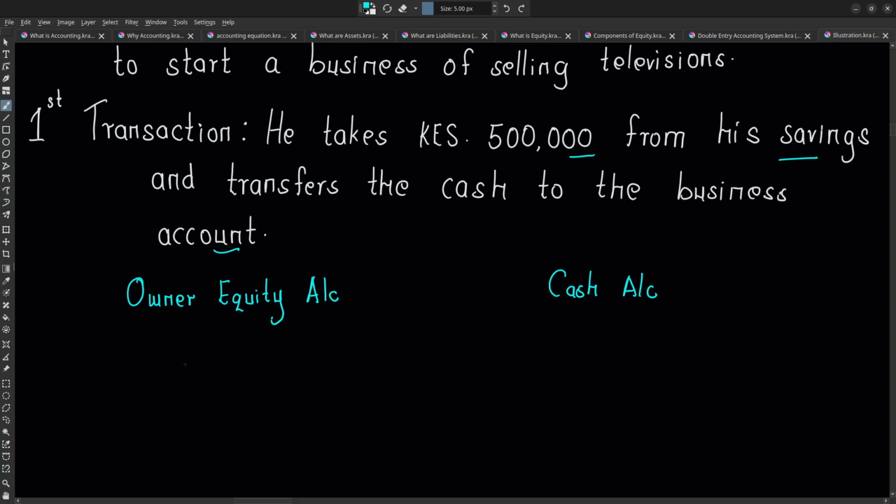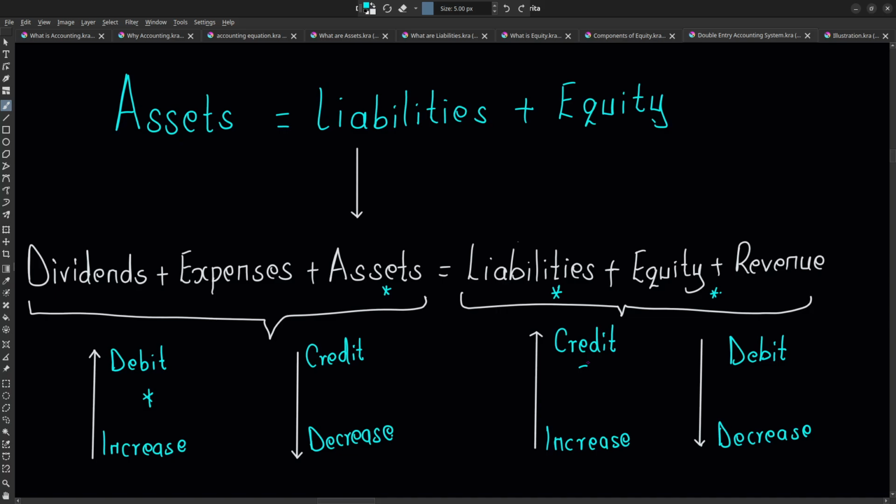Now for the owner's equity, there is an increase into the owner's equity account because there was no equity before. Now we have an equity of 500,000. So this is an increase to this account, and to increase an equity account, what do we do? We credit that account. Okay, recall the expanded accounting equation. You can see equity is on the right side of the accounting equation, and when you want to increase equity,